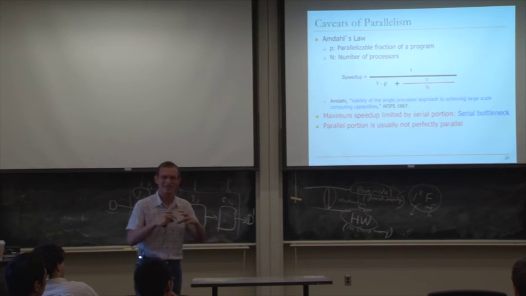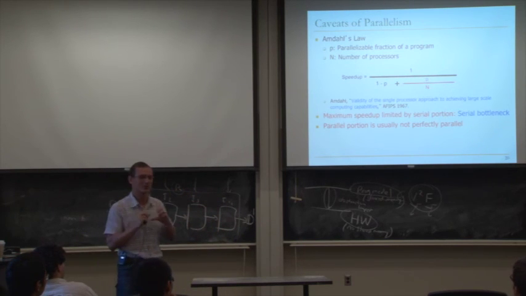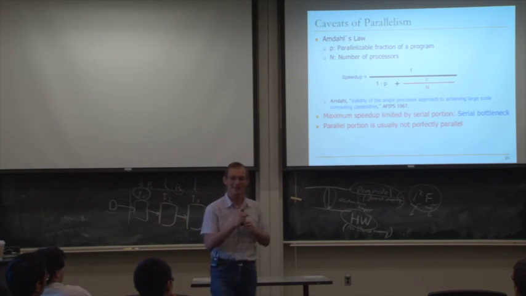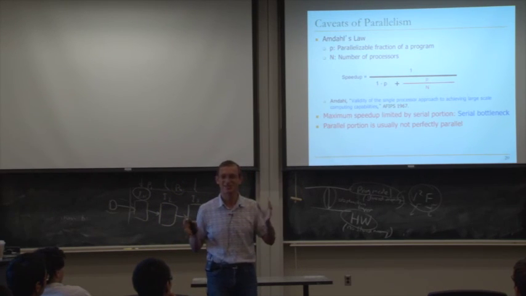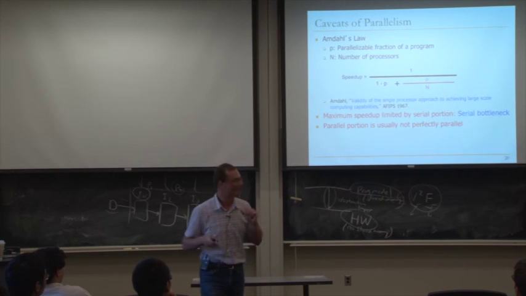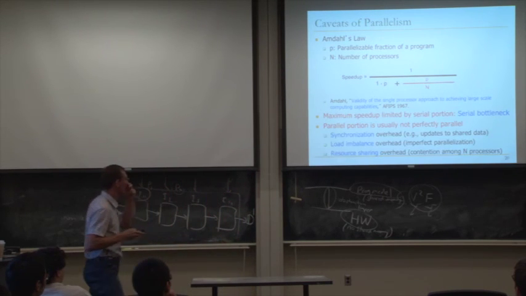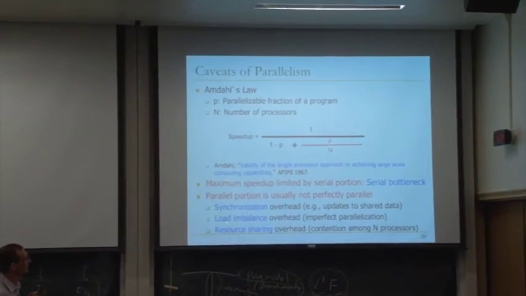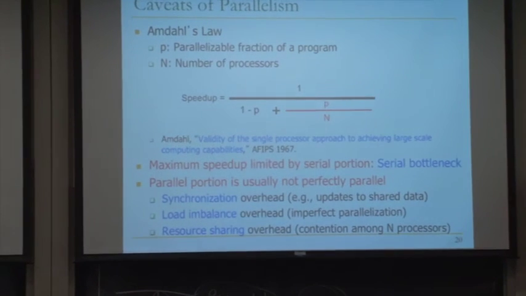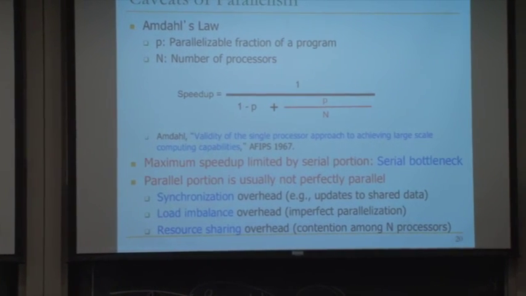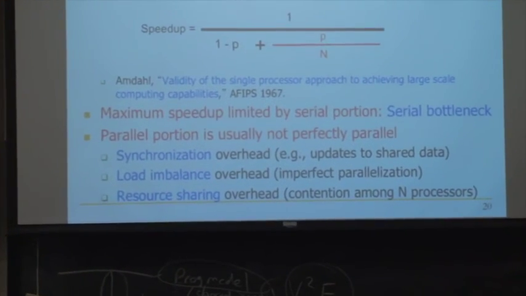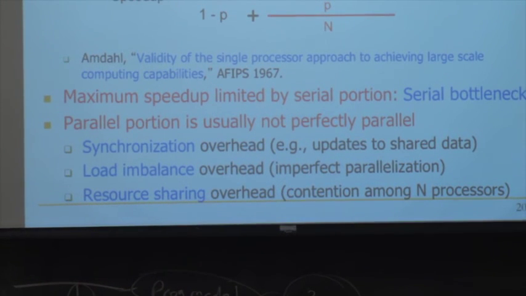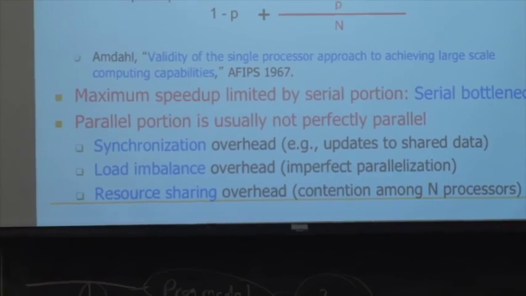You can think of load imbalance as some kind of serialization also, right? You haven't divided your load well, so the latest finishing task is a serializing point. So these are 3 fundamental overheads that make parallel portion not perfectly parallel: synchronization, load imbalance, and resource sharing. So never forget these. And if you find a 4th one, then you probably found the memristor or something like that. The 4th element that didn't exist before.